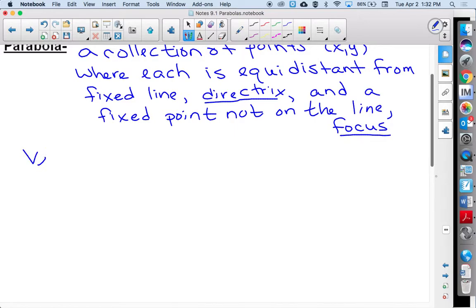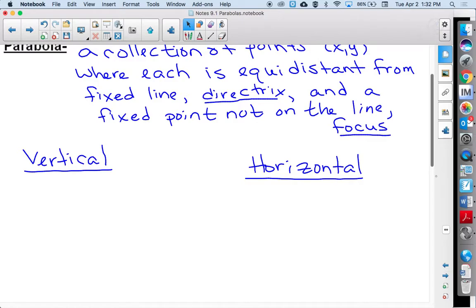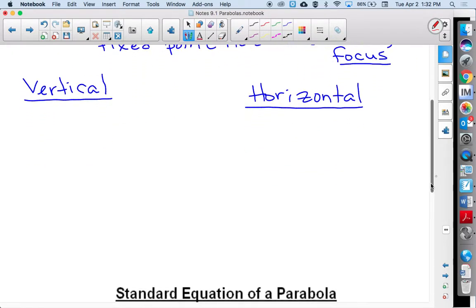So vertical versus horizontal. We're going to look at the graph and then try and see how the equation matches, or how the pieces of the graph are created from the equation. So vertical graph is the graph that we have graphed multiple times. Like draw yourself a